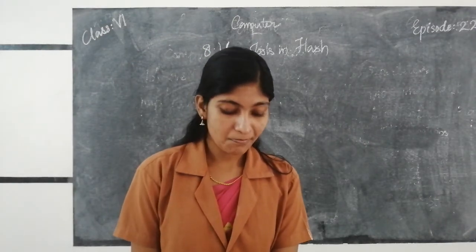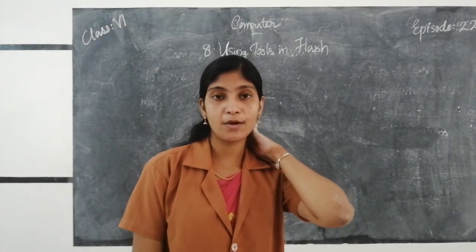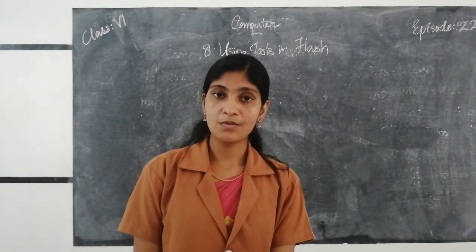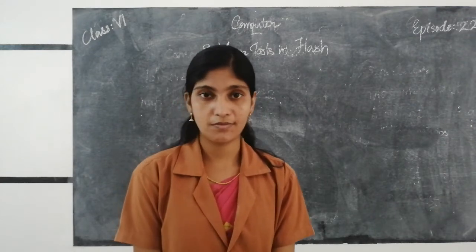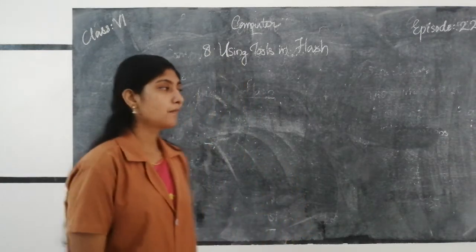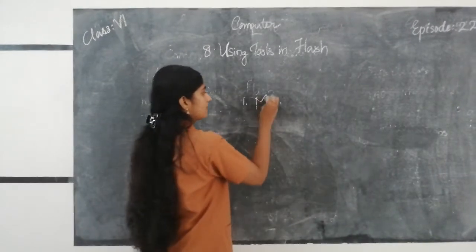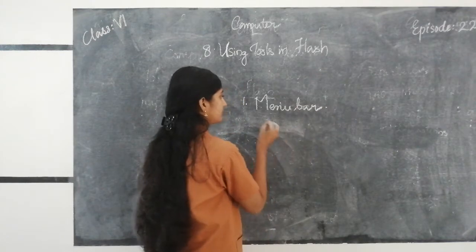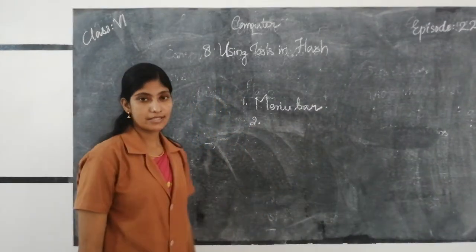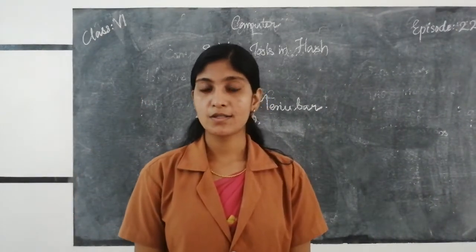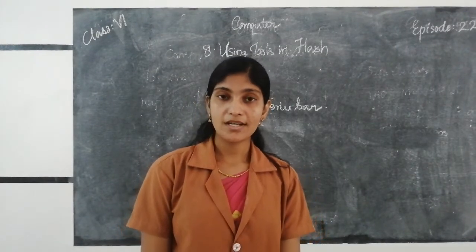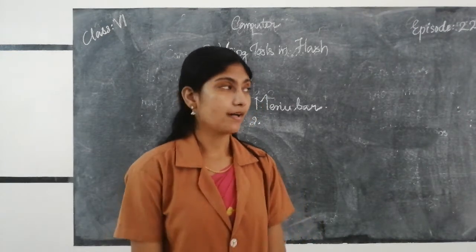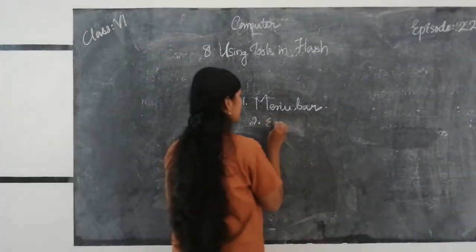At first, the component is the menu bar. Simply, it contains some options or menus, so you can choose your appropriate options from there. So the first one is the menu bar. Then the second one is the edit bar. If you want to edit what you created, you can choose the edit bar. So the second one is the edit bar.